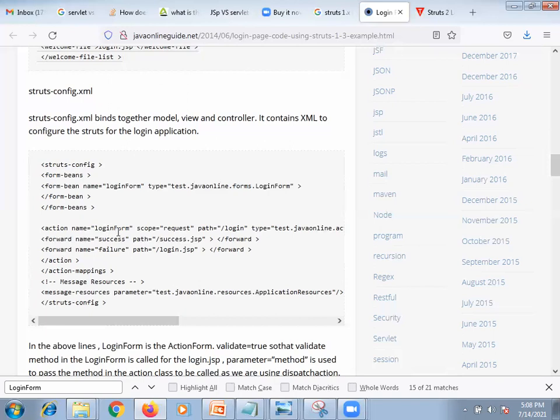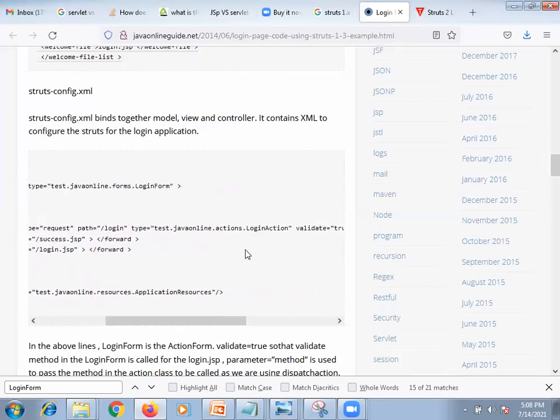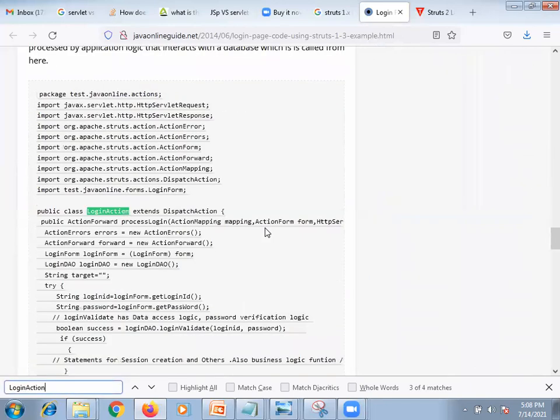Now you need to develop your control, that is your action, the login action. How does the login action look? See, login action extends DispatchAction. Inside that, processLogin is the method. It gets the action mapping and action form.